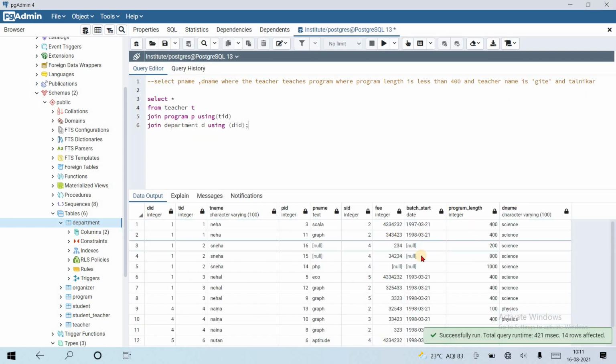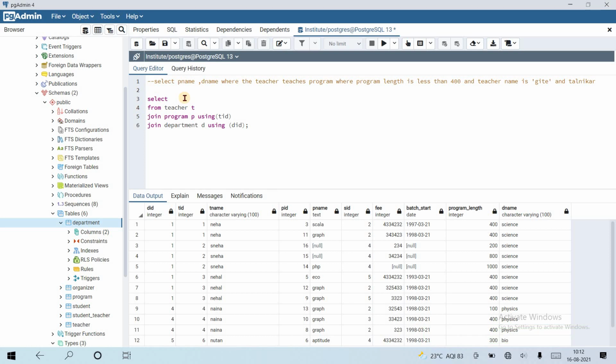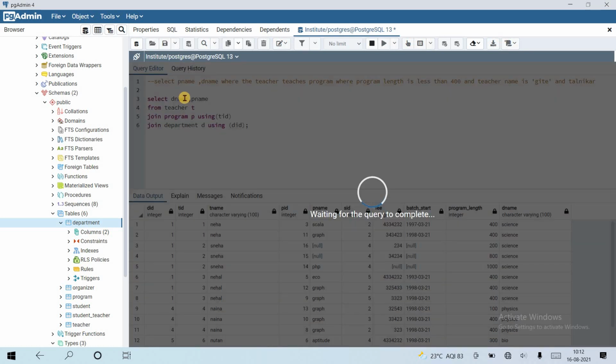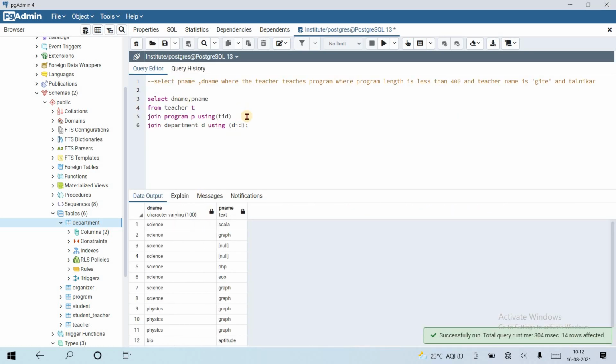All results are fetched. So we want only the department name and program name. It gives us a result. There is no need to use alias dot, but you can use it.